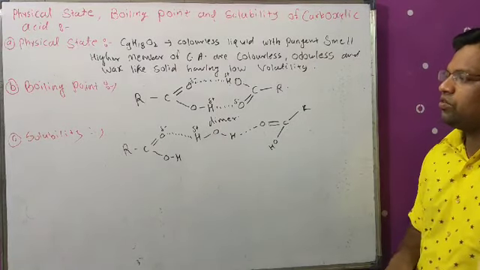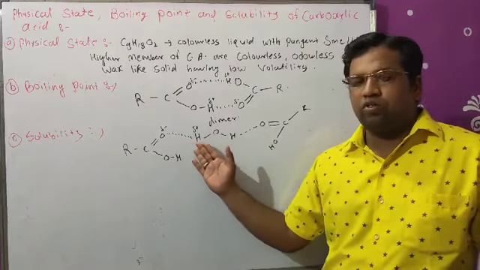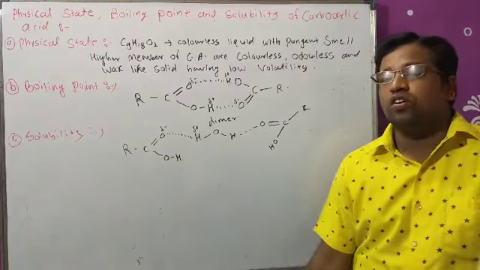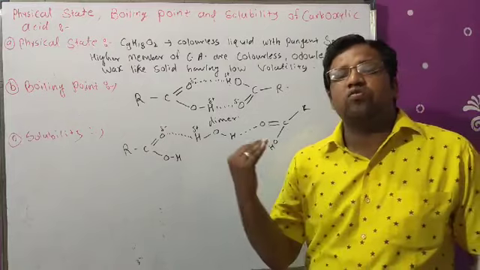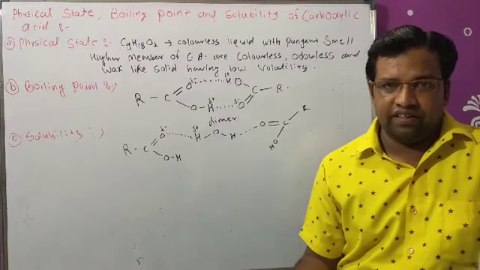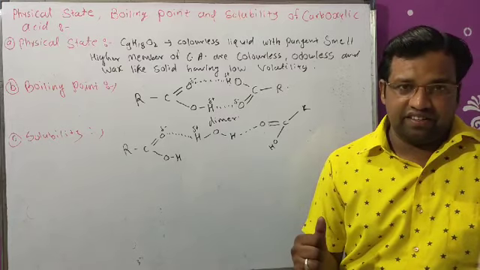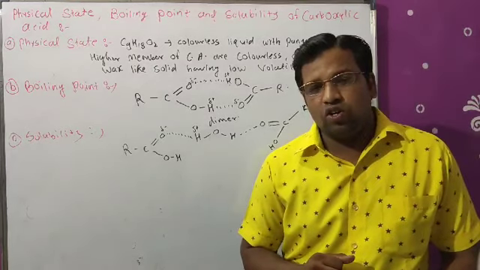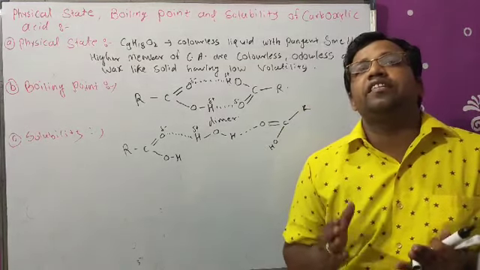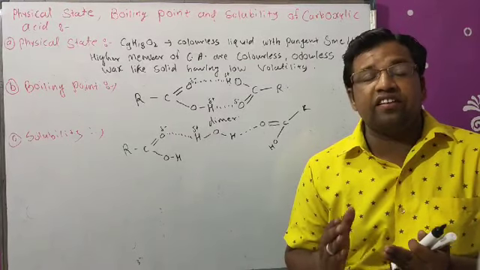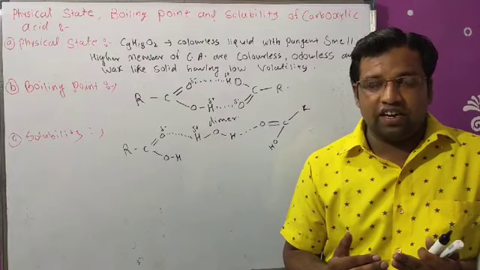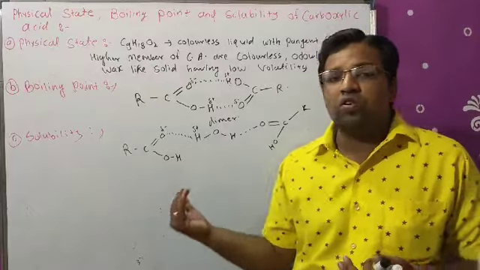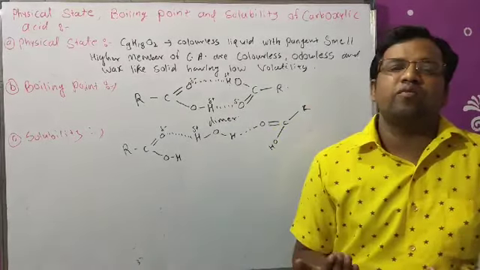Okay, now see here, due to the hydrogen bonding between the water molecule and carboxylic acid, lower aliphatic carboxylic acid is soluble in water, but as the molecular weight increases, the solubility of the carboxylic acid in water decreases. That is, higher members of carboxylic acid are insoluble in water. Why? Because there is an increase in the alkyl group, that is the alkyl chain increases, which is a non-polar alkyl chain, and this is insoluble in water. Okay, so we can say here that as the molecular weight increases, the solubility of carboxylic acid in water decreases.